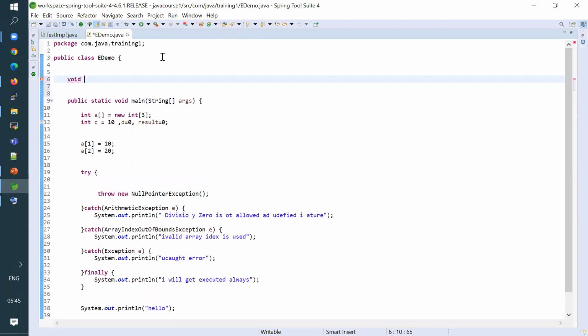The demo, for example, I'm creating a math exception or probably a division method.